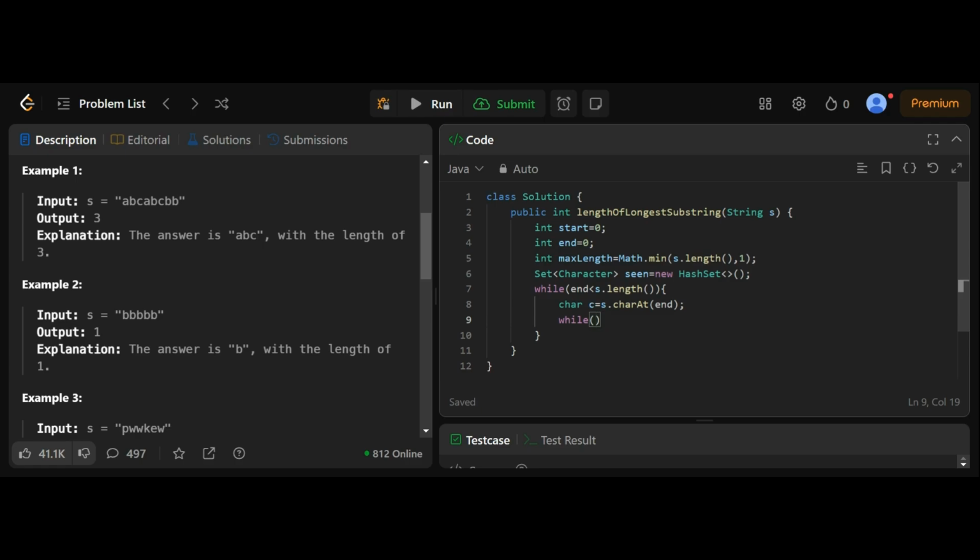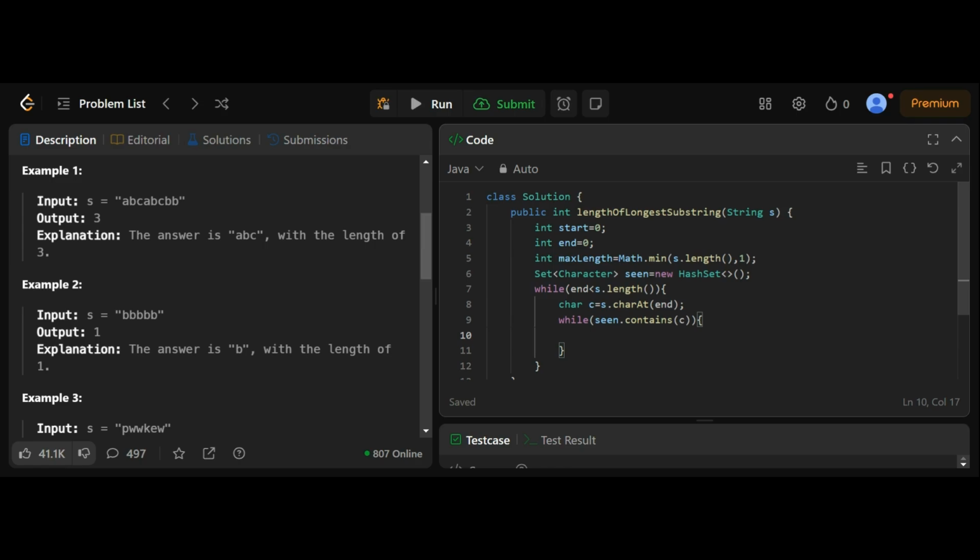It means that there is a repetition of character. So in such a case, seen.contains is the method used to check whether it is present in the hash set or not. While this seen hash set contains this c, then what should I do?